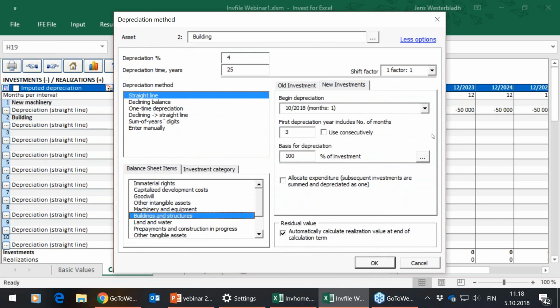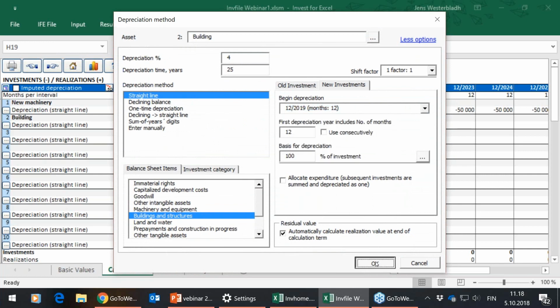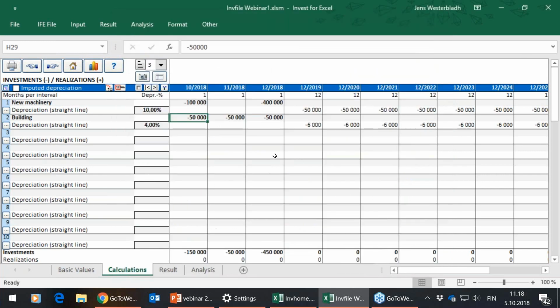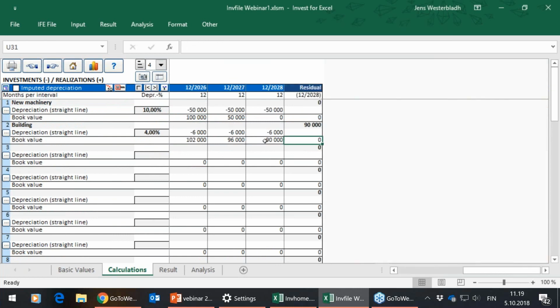Asset type buildings and structures, begin depreciation 2019 again, and I press OK and it calculated the depreciation of the building. Now there is some information hidden. I can change the level of detail from 3 to 4 and it will show the book value, how it will develop, so you see depreciations. And when I jump to the last period, we see that the machinery is depreciated to 0, it's used until it's no longer usable, no residual value, but the building still stays there and we can put a new